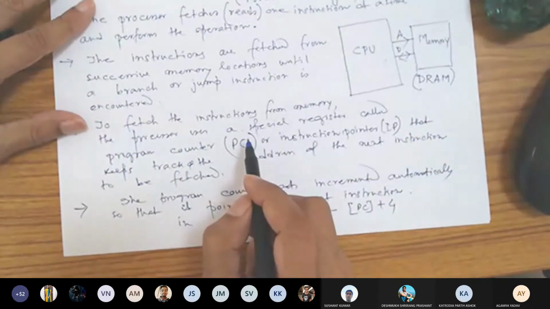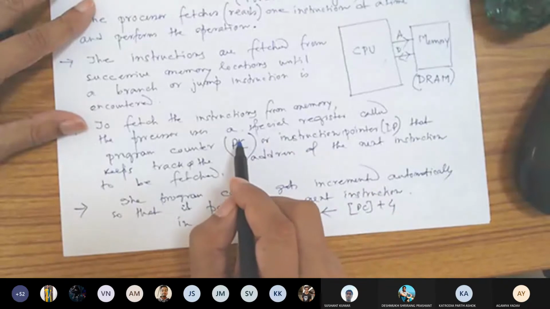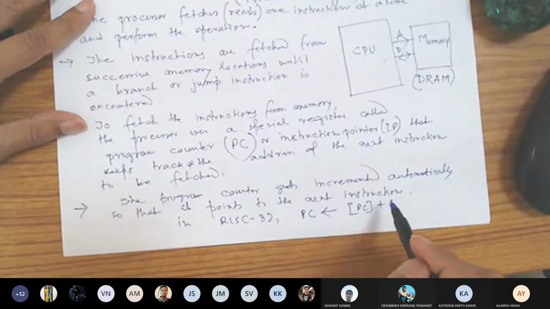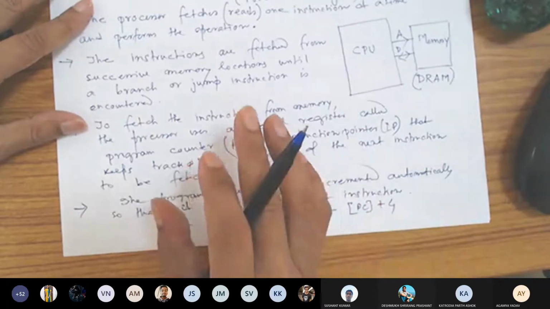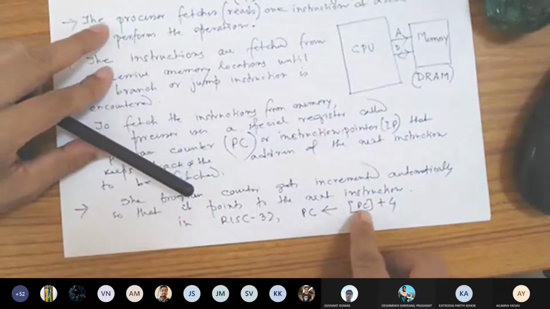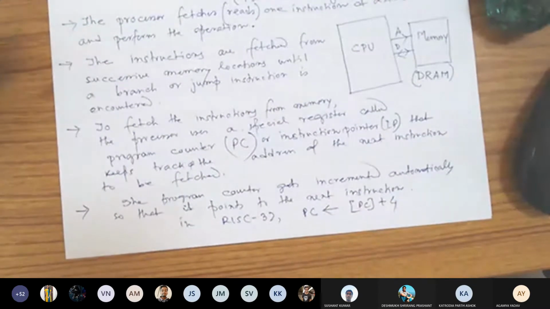If the previous instruction was a jump instruction, the automatic increment of the program counter by 4 may work or may not work. When will this PC equals PC plus 4 be correct? Can someone tell me? Even in case of jump or branch?